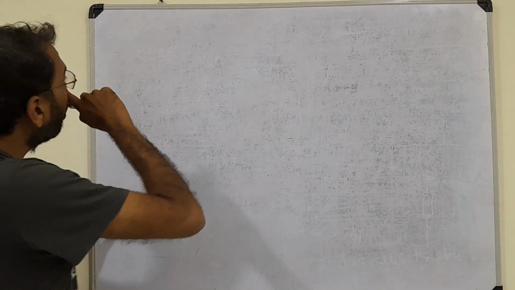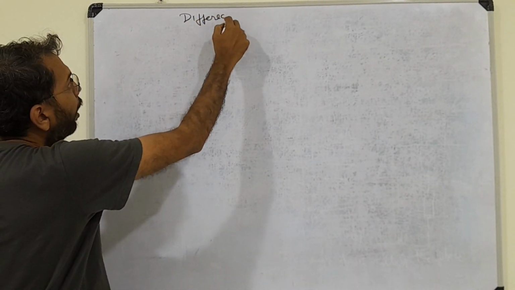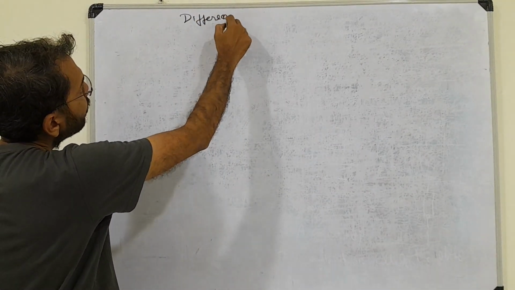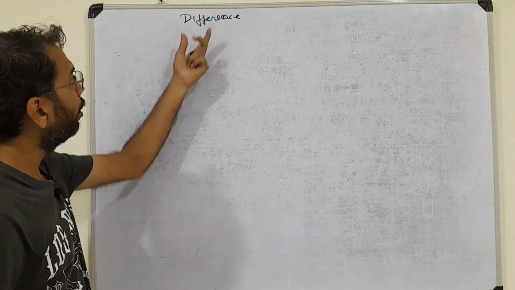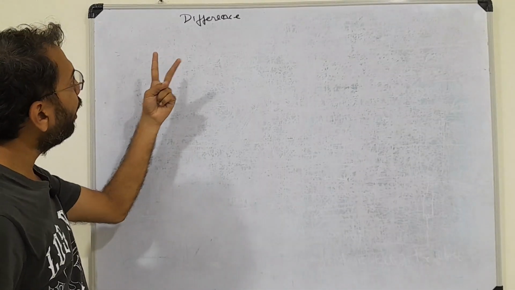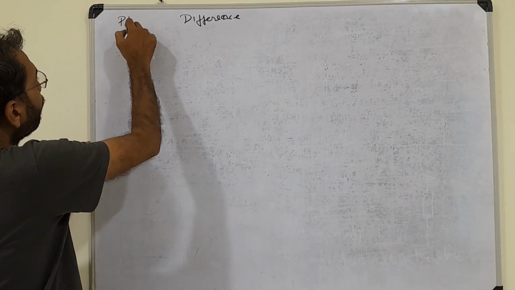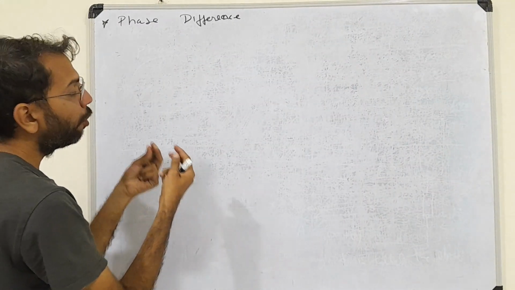So of course, when we talk about difference, you are comparing two things, minimum two things. You cannot talk about difference of one thing. So you have two things to compare, and of course, if you are discussing phase difference, then we have two oscillatory motions or two waves